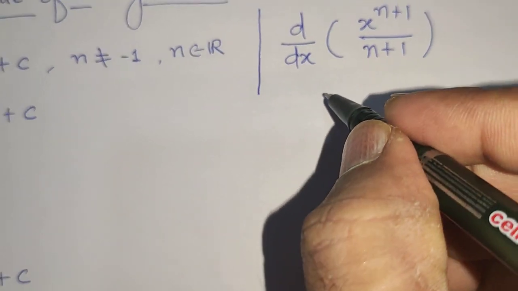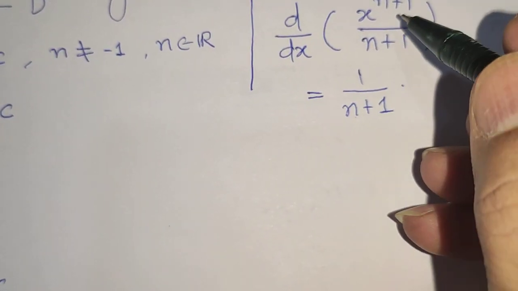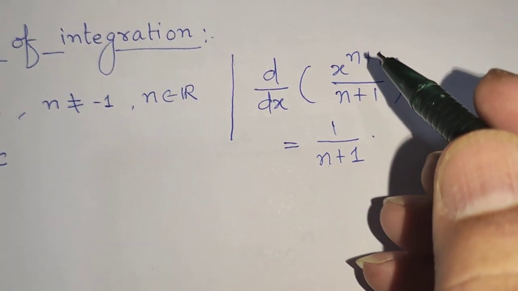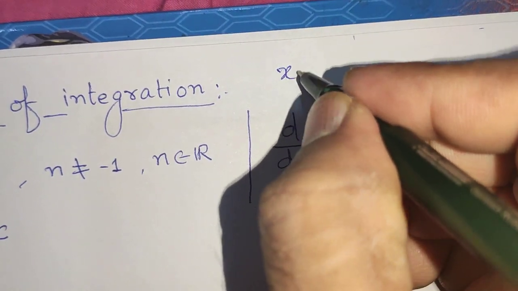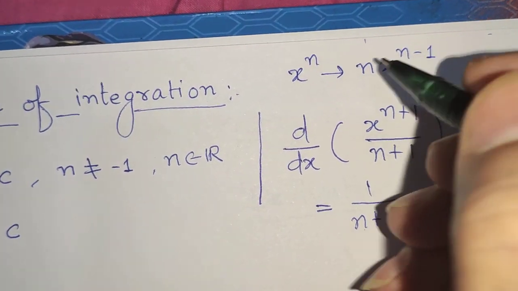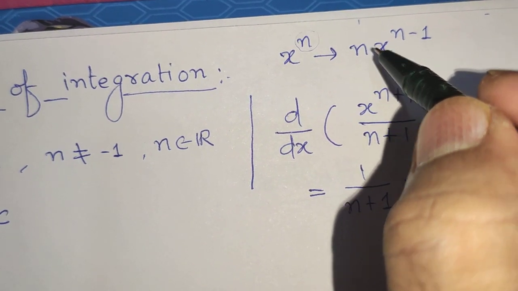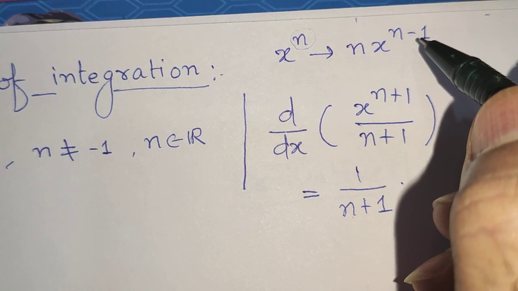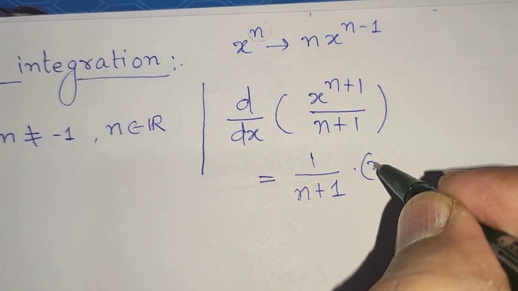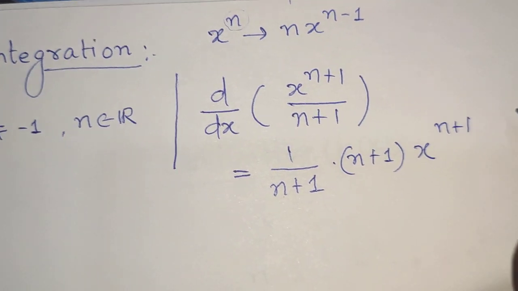Okay. So if you want to find the derivative of this term, 1 upon n plus 1 is a constant term. It remains as it is. The derivative of x raised to n. Keep in mind the derivative of x raised to n was n x raised to n minus 1. If you forget it, I will write down the formula. The derivative of x raised to n is n x raised to n minus 1. So whatever may be the n here, it comes ahead of the x, multiplies with it, n x, and the power will be decreasing by 1, n minus 1. Same way, if we want to find the derivative of x raised to n plus 1, it is n plus 1 comes ahead of the x into x raised to n plus 1 minus 1.